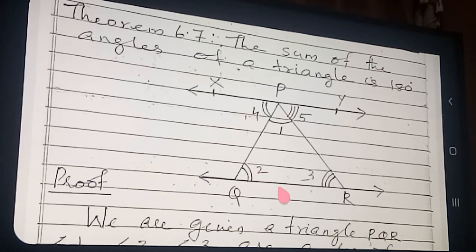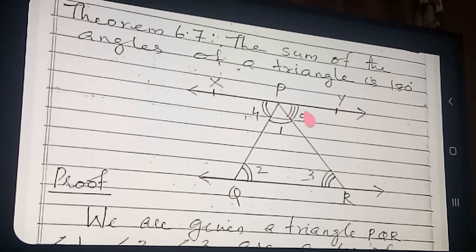Actually, this proof is a very simple method. So, for proving that the sum of all angles is 180, first draw the diagram properly. And here, this is the base of the triangle. Through the base we draw the line, extending the line. And here also we draw a line. Which line? Line XPY. This line.